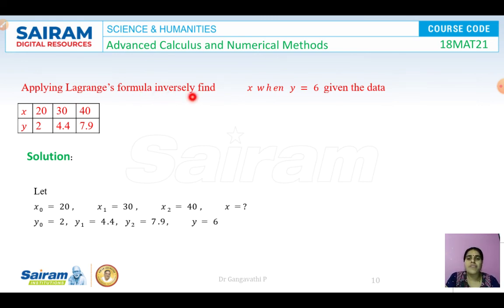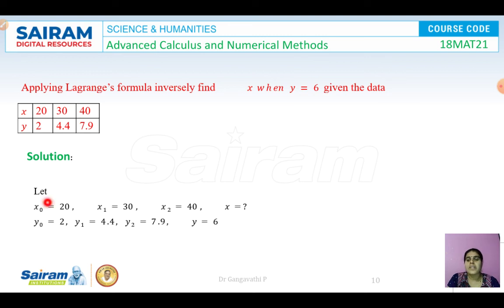Apply Lagrange's formula inversely. Find x when y is equal to 6. The given data is x is equal to 20, 30, 40 and the corresponding values of y are 2, 4.4 and 7.9. So as usual, but here it has asked us to find x when the y value has been given. The earlier two problems were find y when x was given. So that is a difference. So since we want to find x, we have to apply the inverse Lagrange's formula. Even though it is not specified to use inverse Lagrange's, it is understood that we have to use the inverse Lagrange's formula to get the required